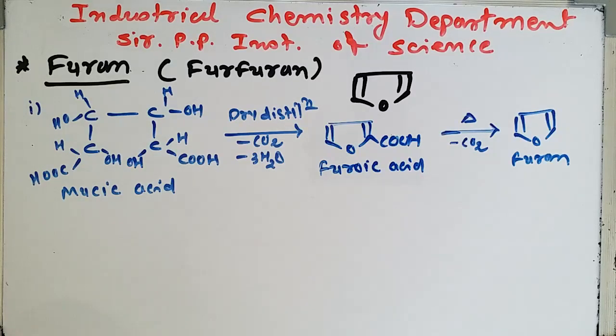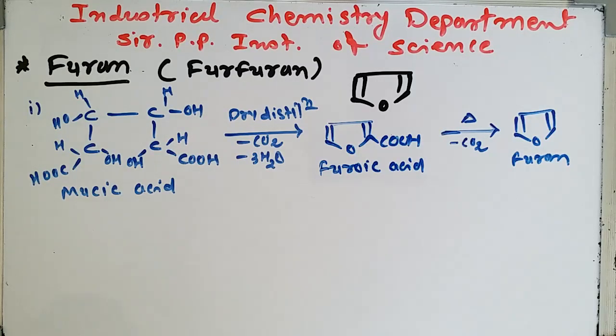Now we see the second preparation. Industrially, furan is prepared by catalytic decomposition of its 2-aldehyde, that is known as furfural. Furfural is generally obtained by the distillation of oat hulls or corn cobs, which contain pentose, aldopentose, with dilute sulfuric acid. So mucic acid and aldopentose